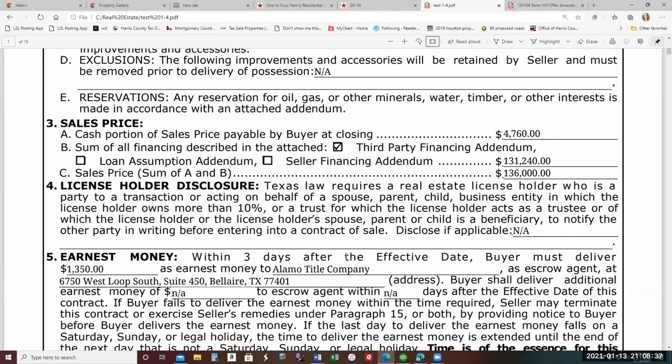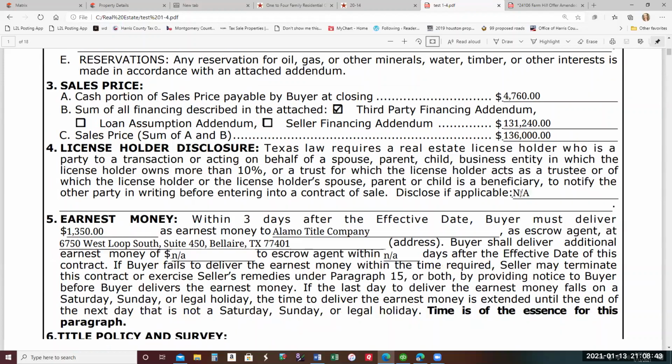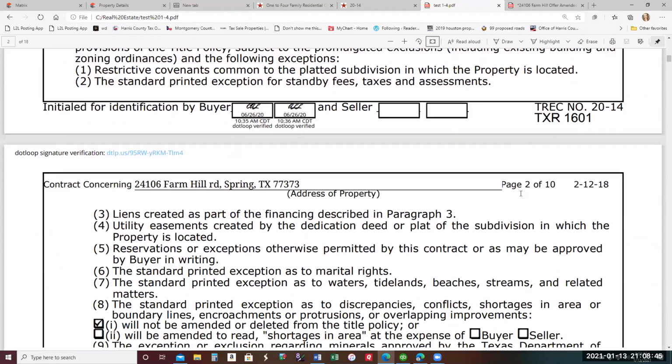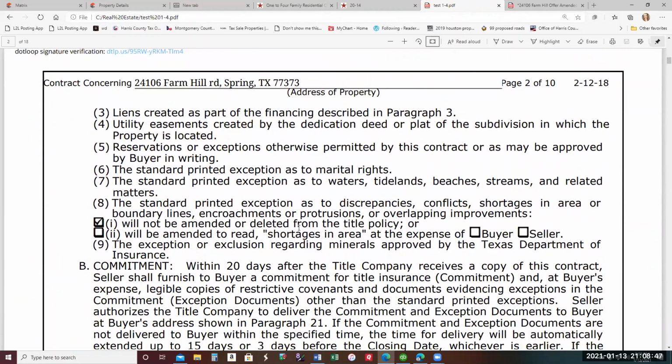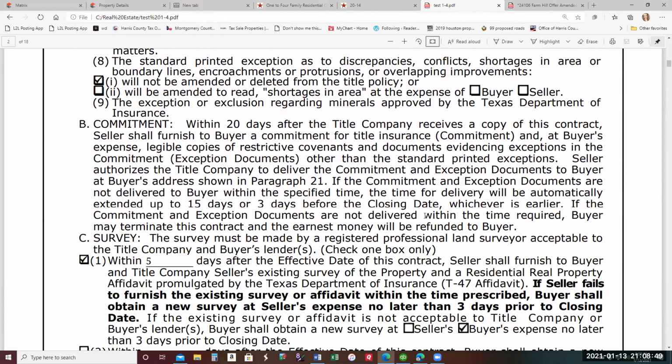So if this title policy is 1,350, whatever 5% of that is what the shortage coverage would be. The title company has 20 days to issue the title commitment. And it's called a title commitment because they can't issue the policy until it closes and they get paid. So it's a commitment saying,